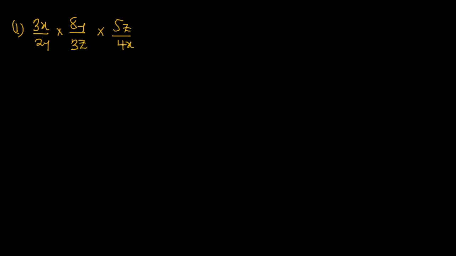The second expression is kmn on 3n cube multiplied by 6k squared m cube on 2k cube m. Then the last expression